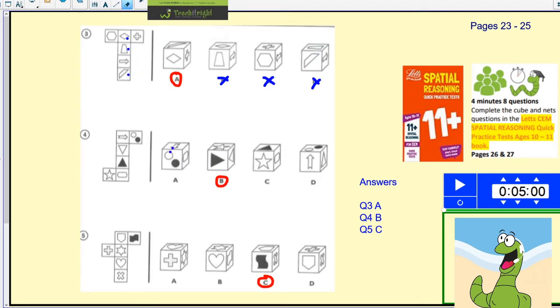So for number 4, I think it's a bit of a tricky one. Let's go through A. Why not question 4? Well, for part A, one thing I think helps is realizing that this edge here actually matches this edge here. They touch, they fold around, they loop around. What that means, and it can help you to spot it, is if I was to take this bottom square here and just sketch what's in it,